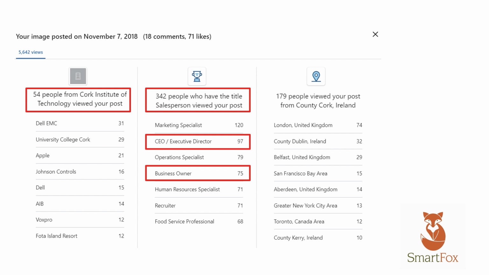And then the last part is location. So it will show you the location of the people who are viewing your content. And that's always really interesting because you might think it may only stay within your country or your city, but it actually doesn't. It shows how much of a global platform LinkedIn truly is, because looking at your analytics on your posts, you can see just how far and wide your content goes. So a couple of things to be mindful of here.